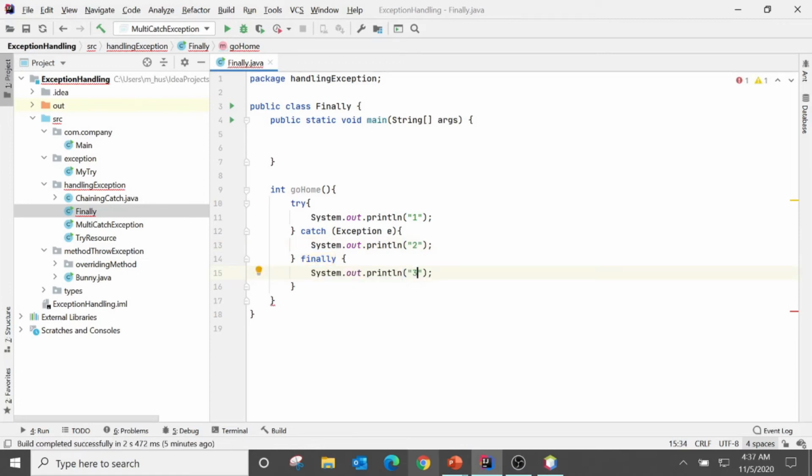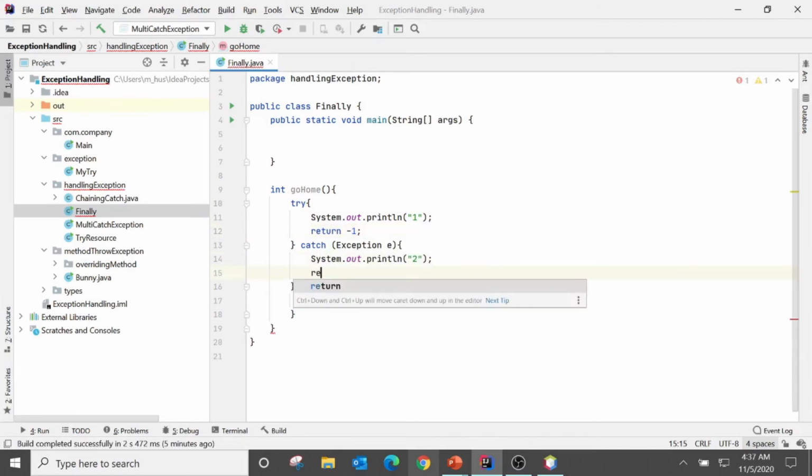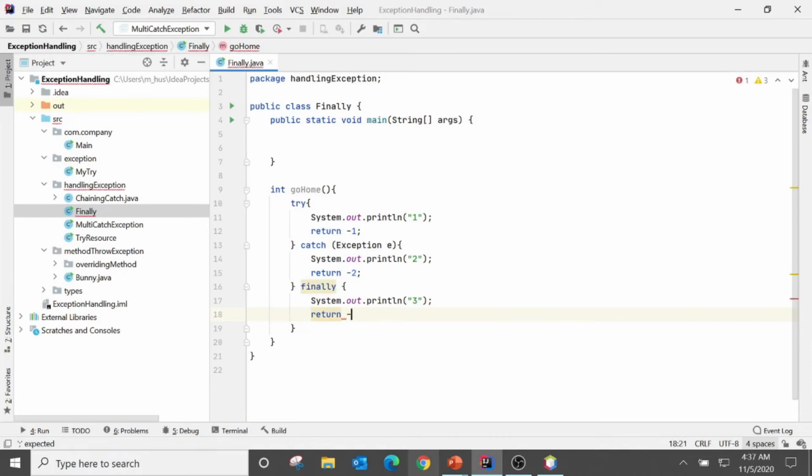This method returns an integer, so we can say return -1, here return -2, and here we say return -3. Okay,